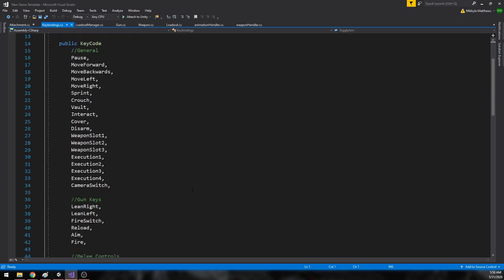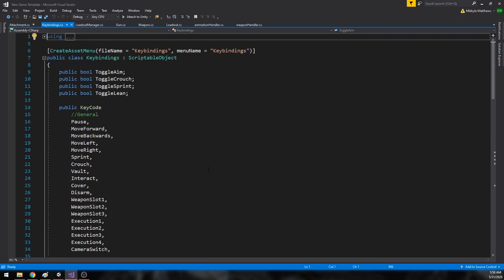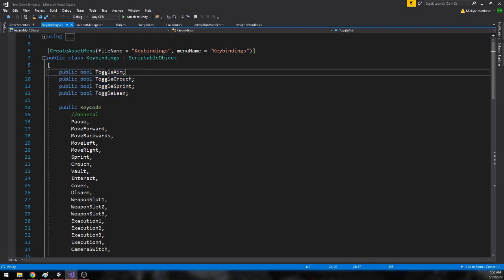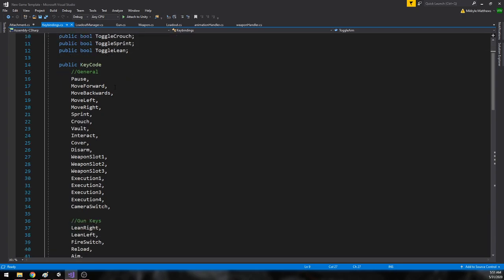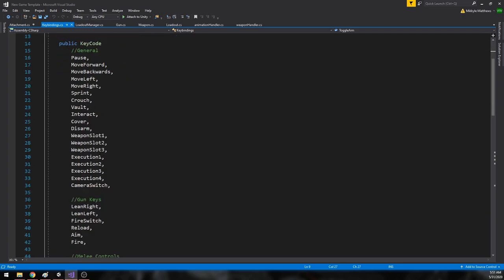So you've got key codes. I have a lot of key codes in here, but I'm actually going to show you how to set up a way to toggle your aim. Doing bools like this and having checkboxes is pretty easy because it's just a checkbox and you just toggle these things. So that's pretty straightforward, we don't have to worry about that. I don't think I set up my toggles though. But besides the point, you get your key codes listed,